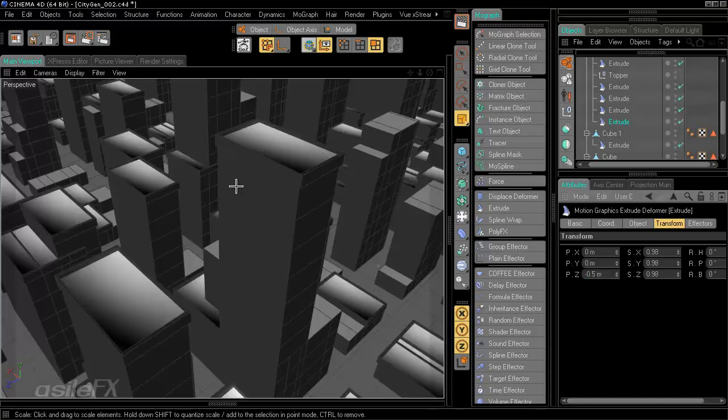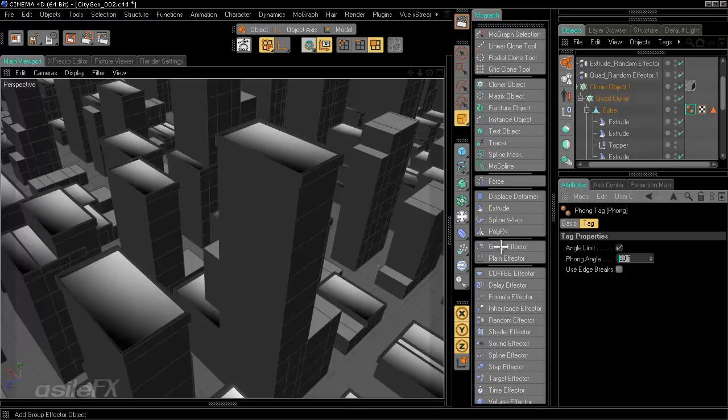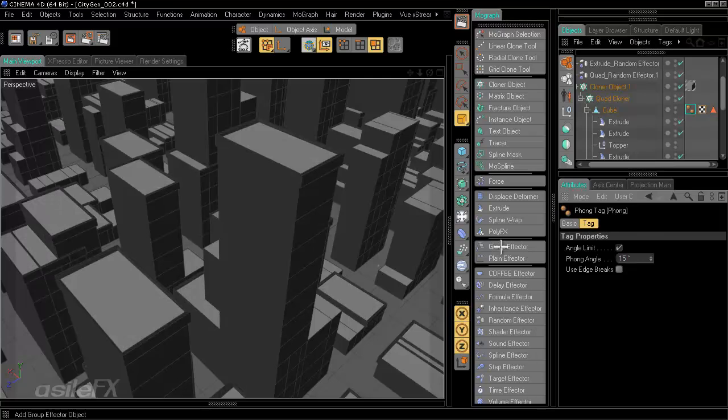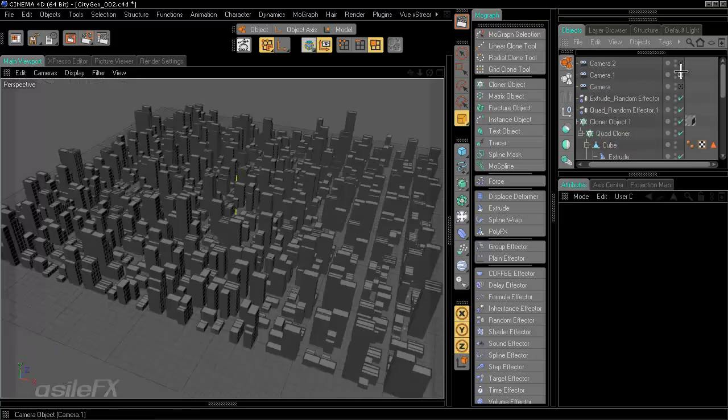If you need to modify the Phong, maybe bring that down to 15. And that'll remove any excessive shading so it doesn't look like it's too smoothed out. And go ahead and take a look at this from a different camera angle. Now we can start to see those tops showing, and that'll pick up a nice highlight, and of course add